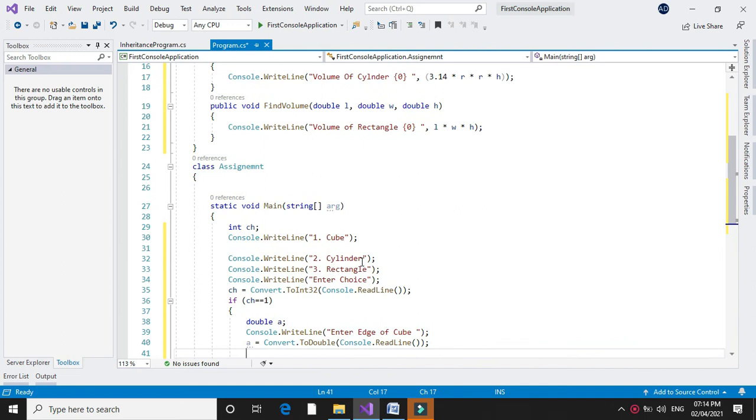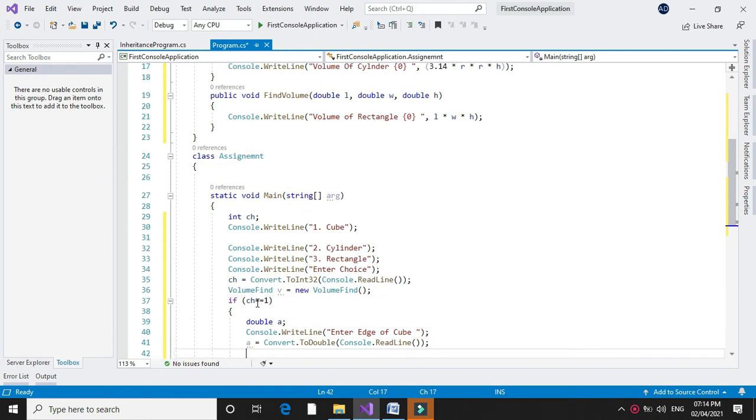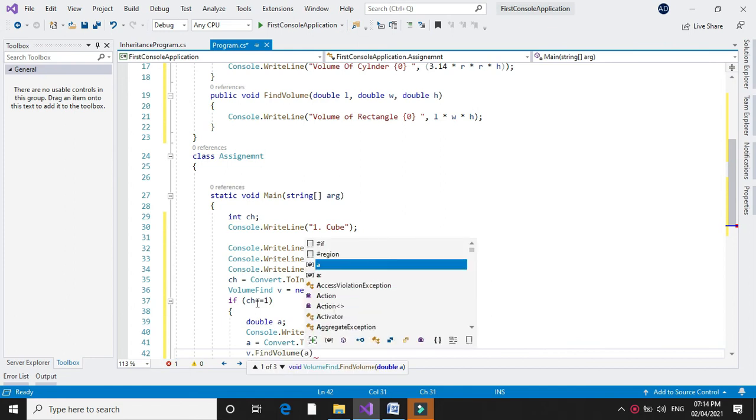Then we will create object. Before checking the choice, we will create object for our class VolumeFind. And if ch equal to 1, we will call v.FindVolume with single parameter.